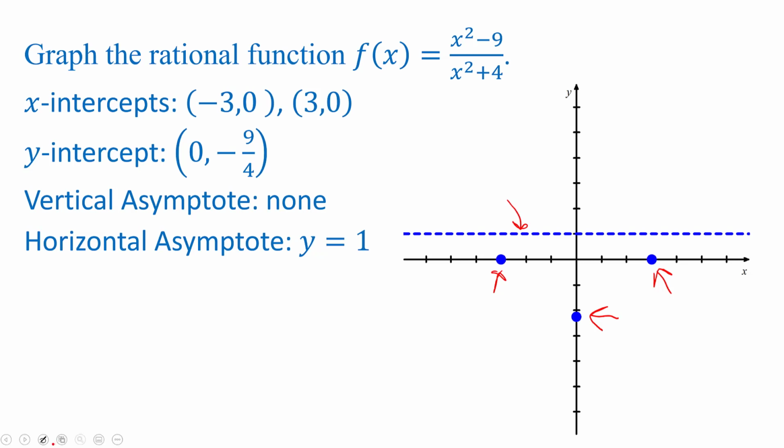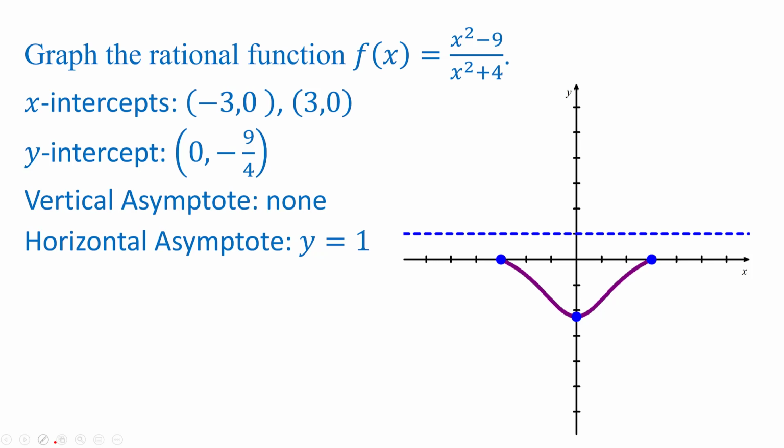Between those two x-intercepts at (negative 3, 0) and (3, 0), I can see that I have the y-intercept below the x-axis, and what that tells me is that the graph will not be above the x-axis at all between negative 3 and 3, and so I'm going to go ahead and sketch that part of the graph between x equals negative 3 and x equals 3 below the x-axis, passing through that